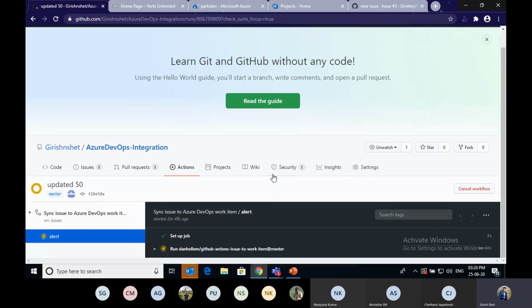You can see my workflow is running here. First, it was initializing the job.